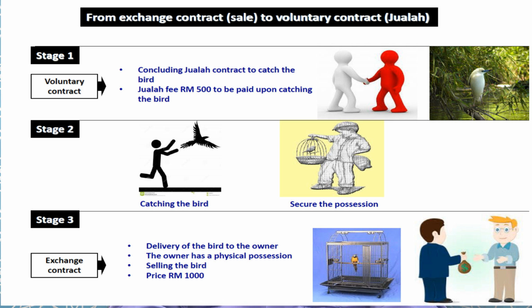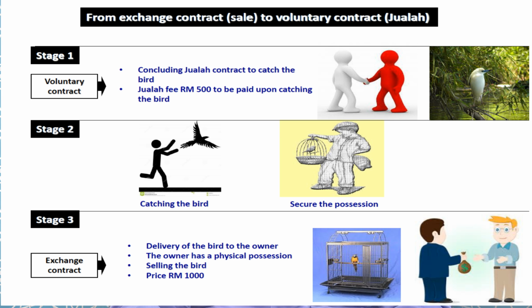So we are talking about ju'ala. It could be the same person. And if the purchaser, the future client, has no skills to catch the bird, we go to an expert, a third party who will perform the task and catch the bird. So you have the options: either the same person if he has the skills, or a third party. Number two, the exercise of catching the bird, meaning the execution of ju'ala. As you know, there are different techniques and skills for catching a bird. So basically these guys will be going after that bird to catch it.